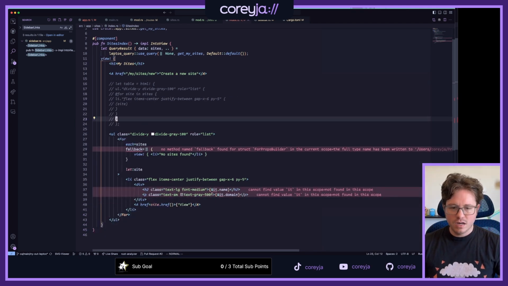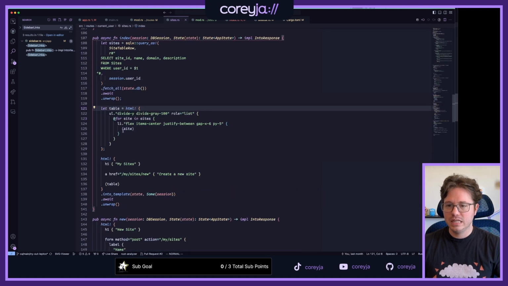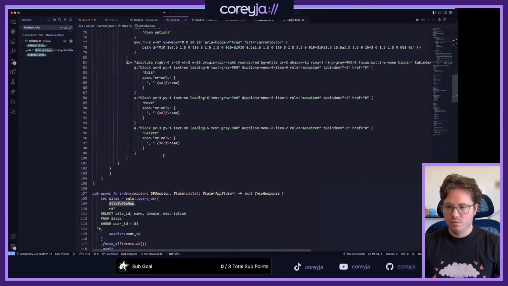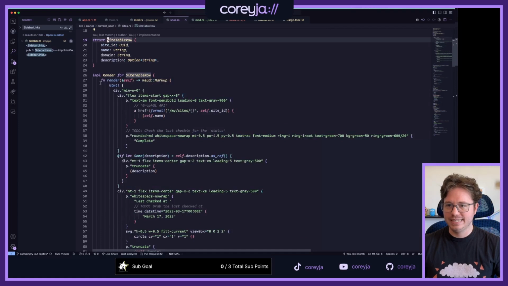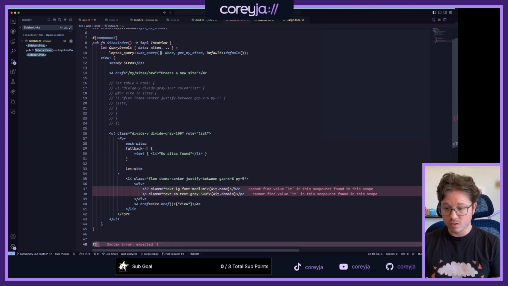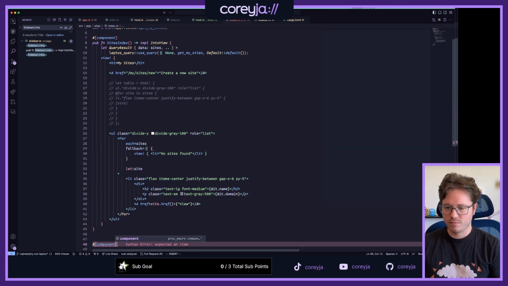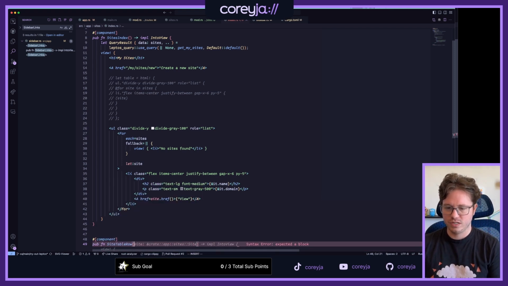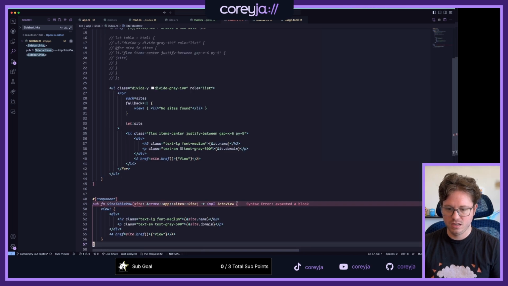Awesome. Okay. So then I need to look at what actually was in here when we rendered the site table row. Wow, there's a lot more in there than I expected. That's fine. There's a new component for public function site table row. It takes in a site.